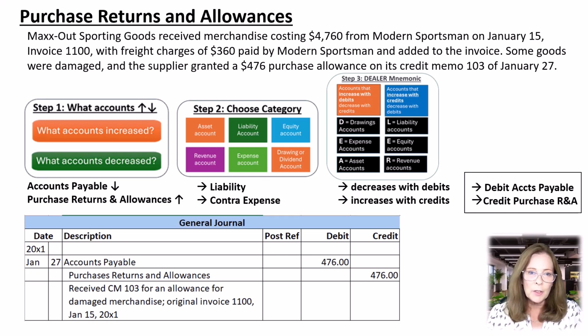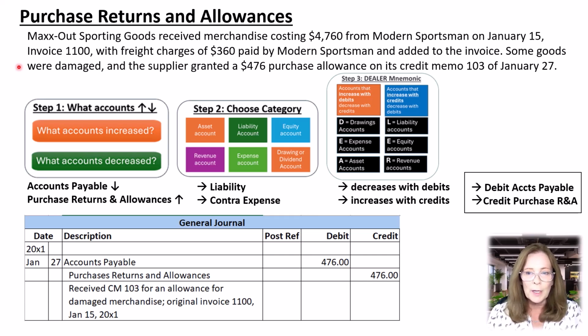Max Out Sporting Goods received merchandise costing $4,760 from Modern Sportsman on January 15th, invoice 1100, with freight charges of $360 paid by Modern Sportsman and added to the invoice. In my prior video, we recorded this purchase with a debit to purchases for $4,760, a debit to freight in for $360, and a credit of